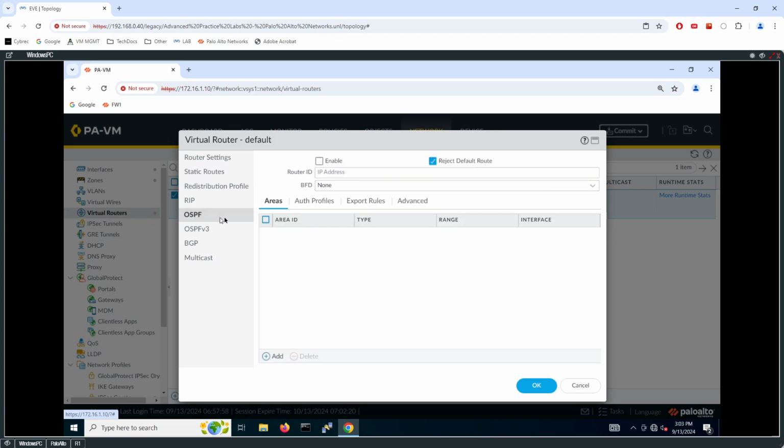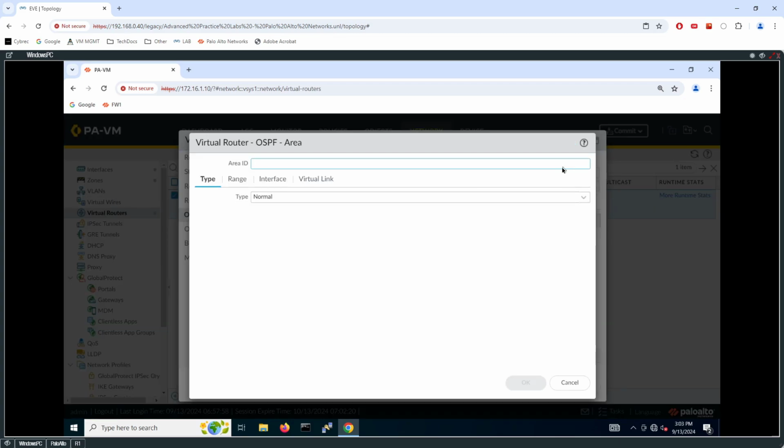And then we will switch to OSPF from static routes. We will enable the OSPF process. I'm going to give it a router ID of 10.10.10.10. And we will configure the backbone area. Notice that you want to configure the backbone as 4 zeros. That's the syntax that the firewall is going to take. This is going to be a normal area